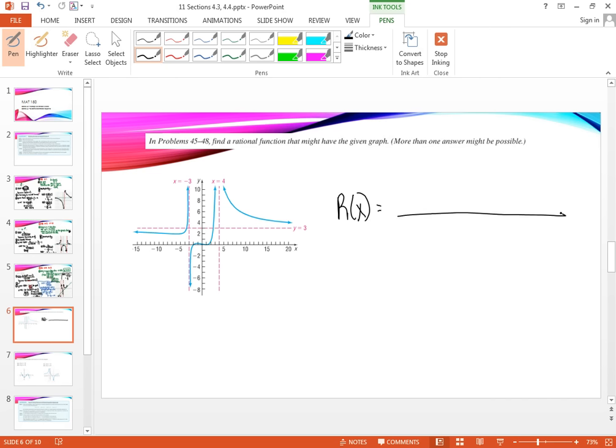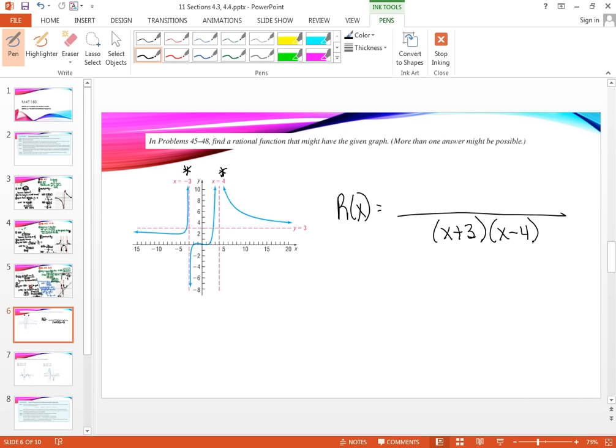Okay. First thing I would do is I would go looking for my vertical asymptotes, and we have one at -3 and we have one at +4. And that says to me that if x can't be -3, there must be a factor of x plus 3 in the denominator. And if there's a vertical asymptote at x equals 4, that says to me there must be a factor of x minus 4 in the denominator. Okay. All right, so